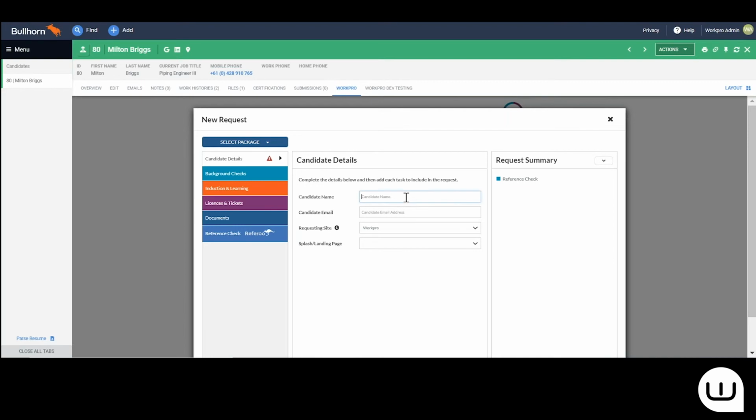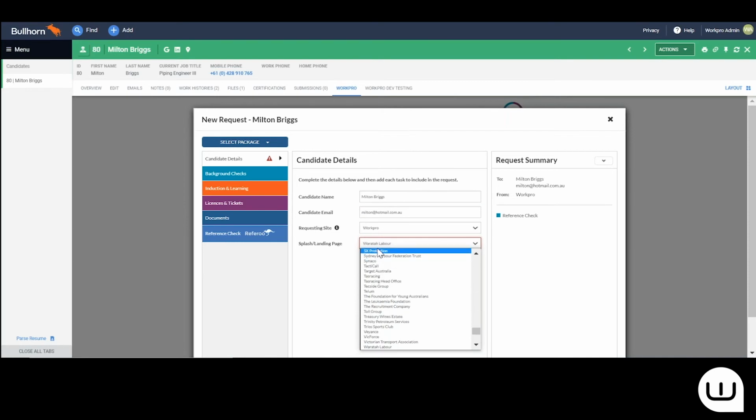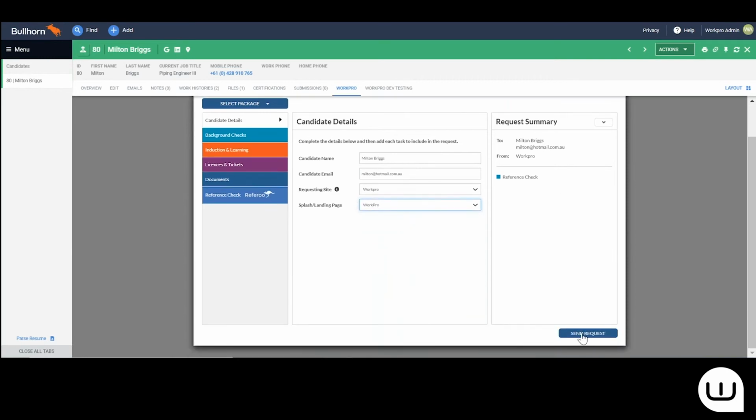So Milton may have a different email address, for example. So Milton Briggs and Milton at hotmail.com.au. Choosing the splash landing page. WorkPro, oops. And then I'd be sending that request. So I won't do that, but that just shows you how you can easily send a reference request from this